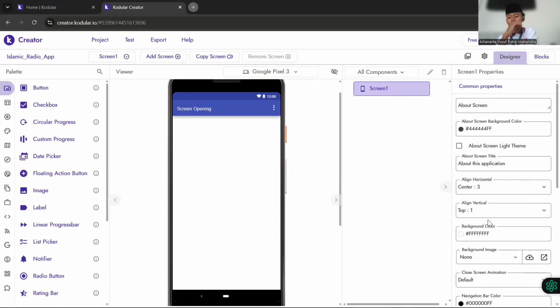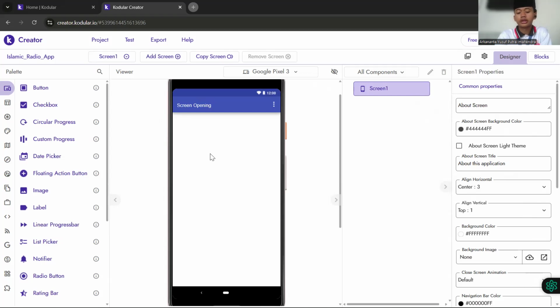Because if we do not change it to center, the objects in the frame of the Screen Opening will stay to the left and cannot go to the center.